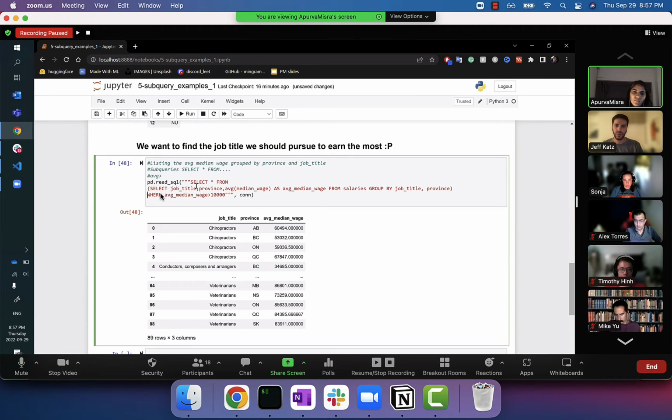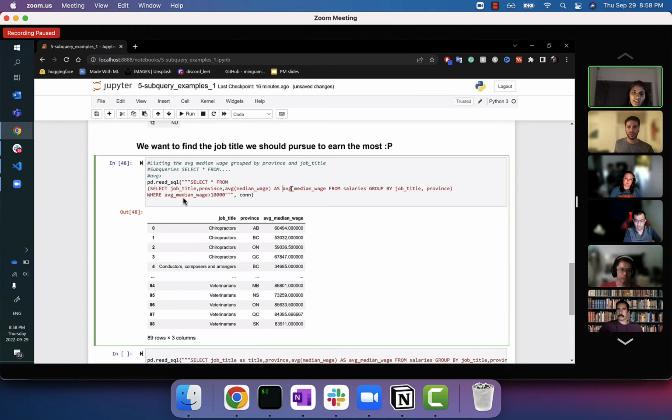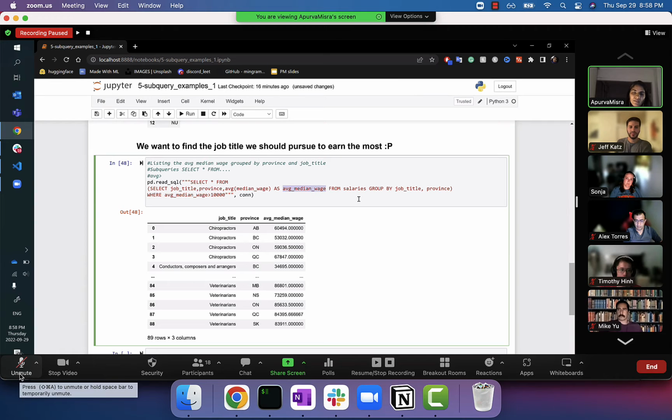Like that's what the having clause accomplishes. But here, the subquery is essentially achieving that same order of operations, where we're specifying the subquery, getting that result, and then we're select starring from the table where this table essentially has records with the average median wage over 10,000. And we're getting that from inside the subquery.